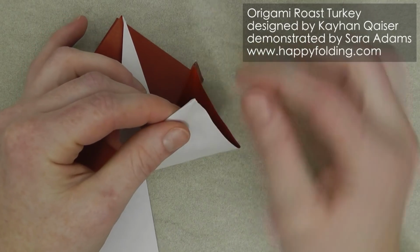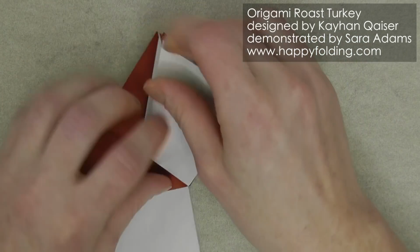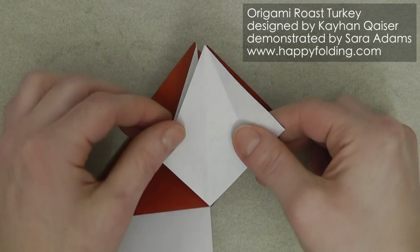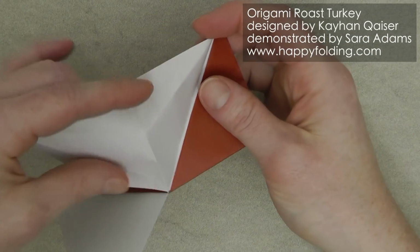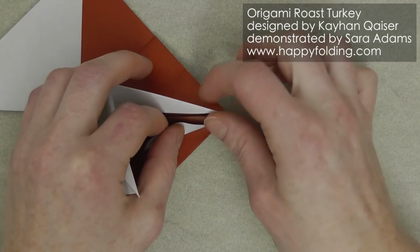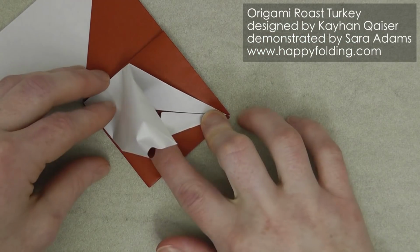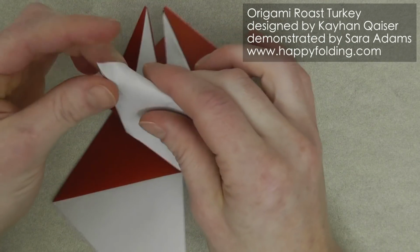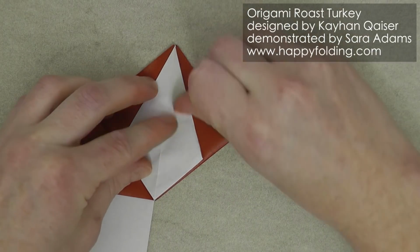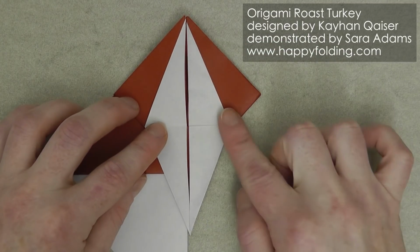And if these creases don't quite go to the corner, you can adjust them just a little bit now and flatten down so that you get nice precision, but the pre-creasing helps to get the paper to go in the right spot. So here you can see I'm going to adjust the crease so that it's nice and pointy. And it doesn't matter that before my layers shifted just a little bit. Then fold down,